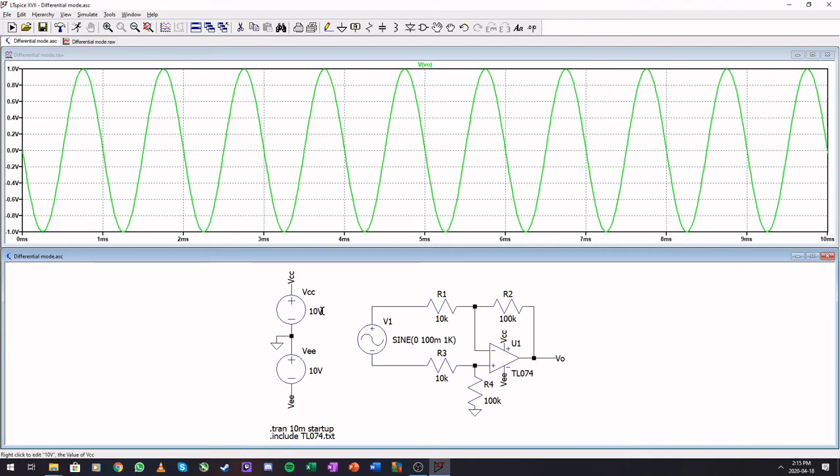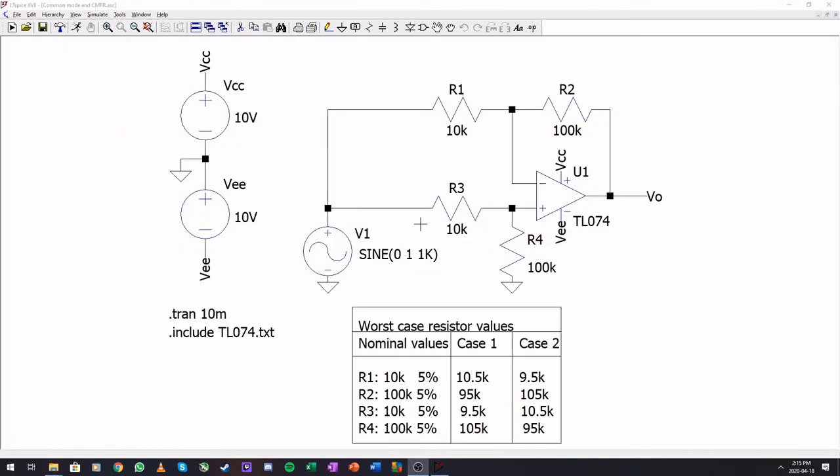Okay, the more fascinating simulation is the common mode. So I'm going to go over to that quickly. So I have everything set up for the common mode here. So the differential we already know is 10. I put in a 1 volt peak signal at 1 kilohertz, and these are the resistor ratios for the two different cases that we have. So let's first run it with perfect resistors,